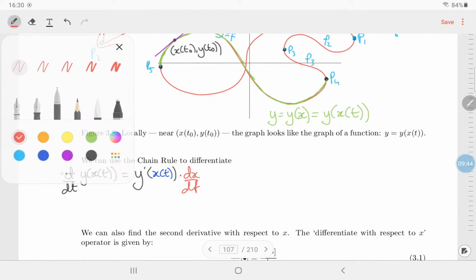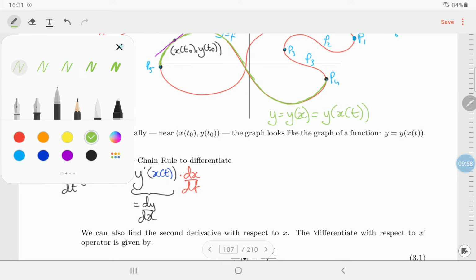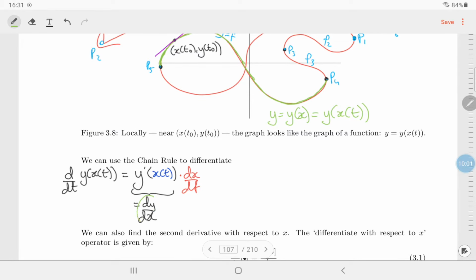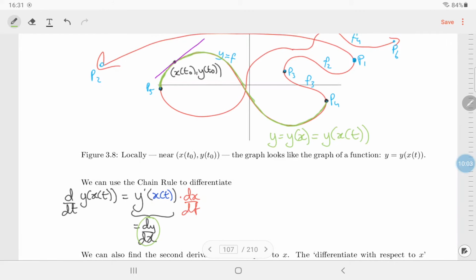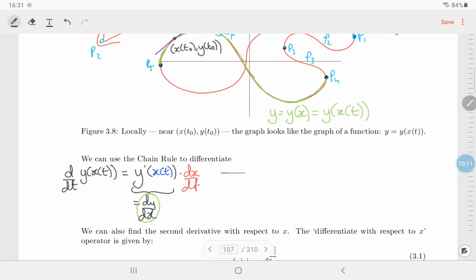Now, what we have now is that this is the derivative of y essentially with respect to x. So this bit here is in fact equal to dy/dx of the green curve. And the dy/dx of the green curve is exactly the slope of that purple line, which is what we're interested in. So what we actually have here is, if we write this again,